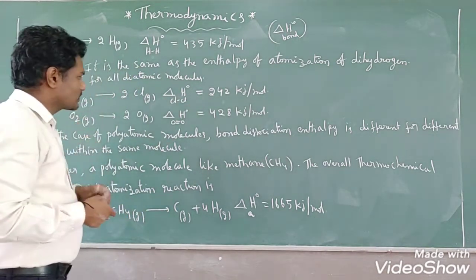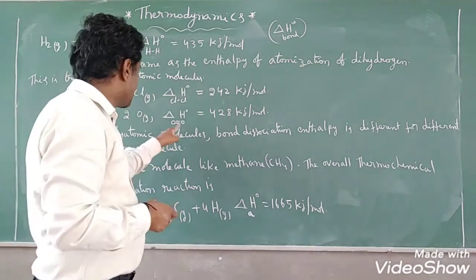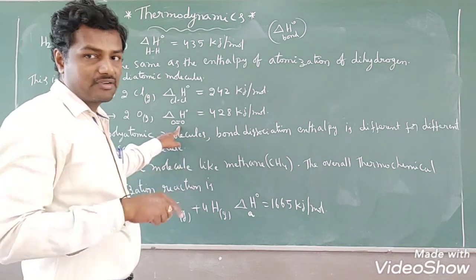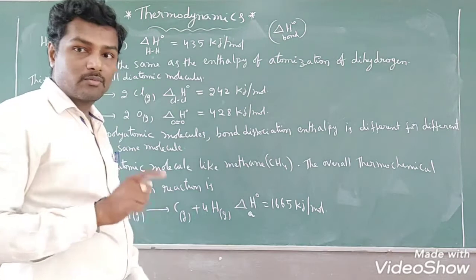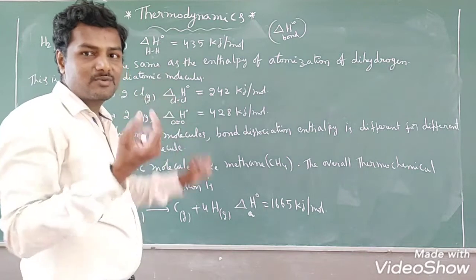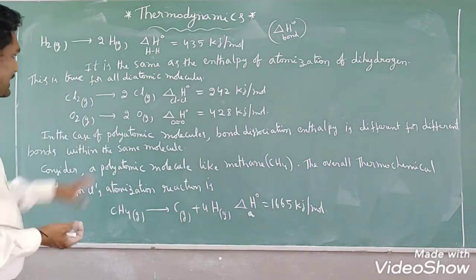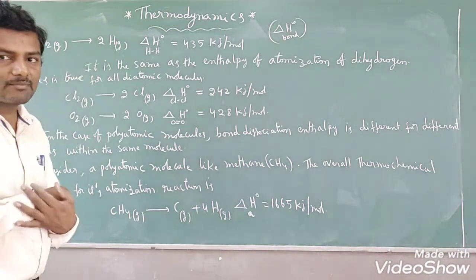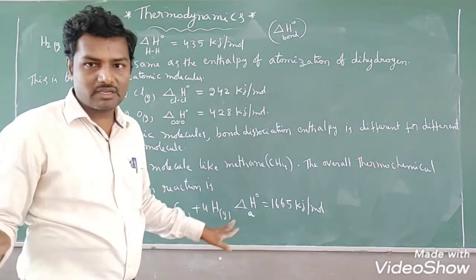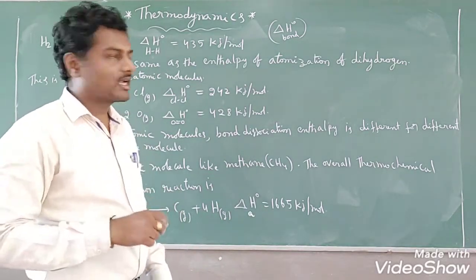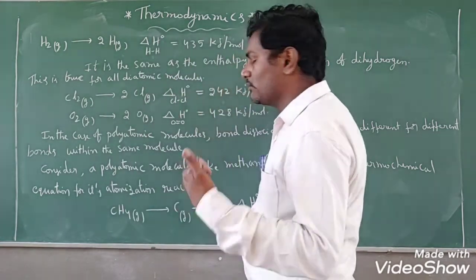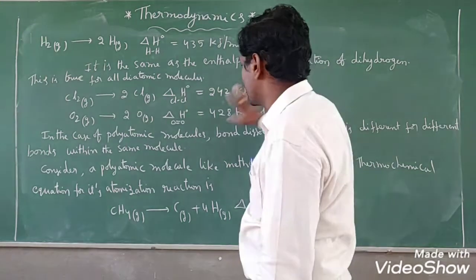Now coming to oxygen, size is also small, but here a multiple bond is present. O double bond O is present. To break 2 bonds is difficult, so that's why here 428 kilojoule per mole of energy is required. Even though it is a lower value than this, because hydrogen is the smallest atom, everybody knows it, right? So in the case of diatomic molecules, we can identify. Here I am not telling you to remember all the values of bond dissociation enthalpy, not required. They will give them to you in the numerical. If you want to remember only H2, Cl2 and O2, and N2 also if it is there, then you can remember, or it's not required.